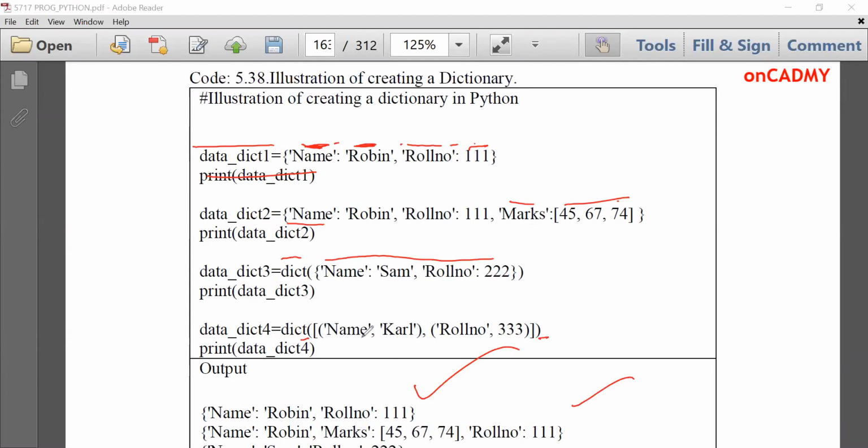Name, Carl, with comma, roll number, 333. So this is another way. So these are the four ways by which you can create dictionaries. According to your choice, you can use any of these four methods. You can take its screenshot and see it later on how to create dictionary by using these four methods.